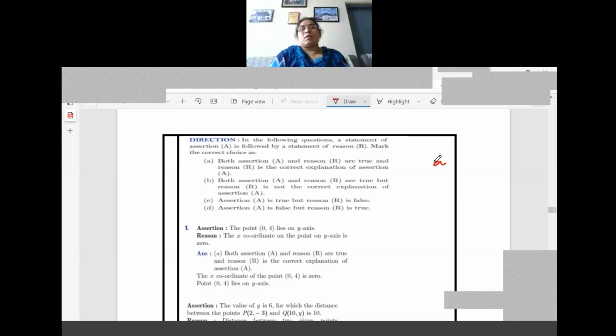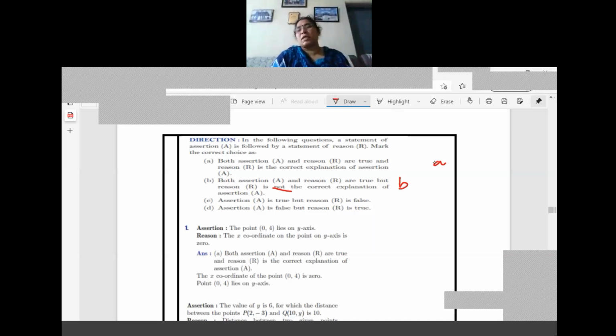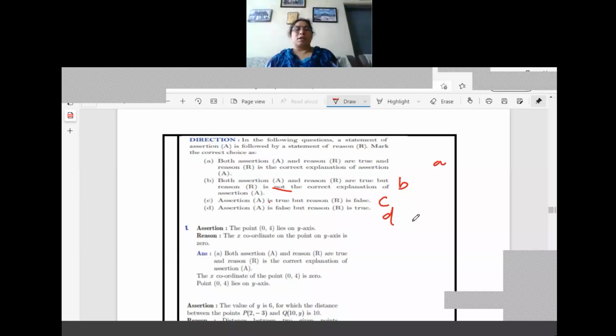Right. Now what happened? A and R are true only, but R is not the correct explanation. There is no need to write all these statements, just write the option only. Now if A is true, that means the assertion is true, and after some calculation you feel that it is true but the reason is false, you will write just C only. If assertion A is false and the reason is true, that is D. Some children asked me in the last monthly test whether to write the full sentence. No, you should write just A, B, C, D as the option. If it is in capital, you write in capital, otherwise use small letters.